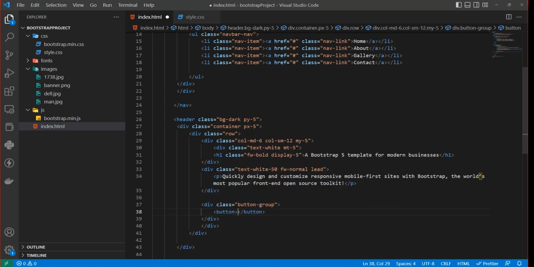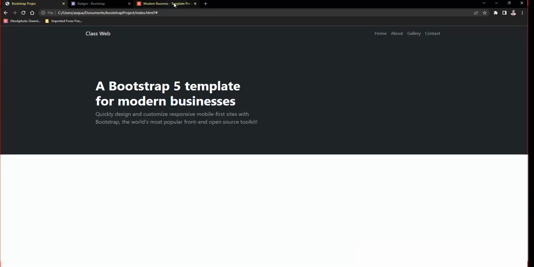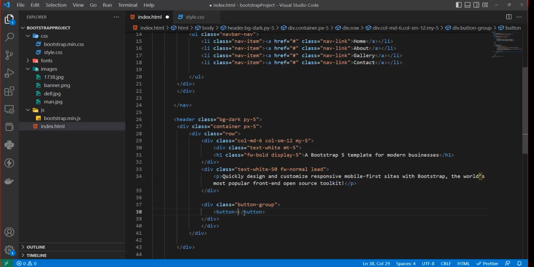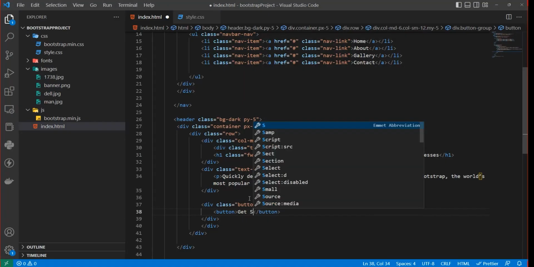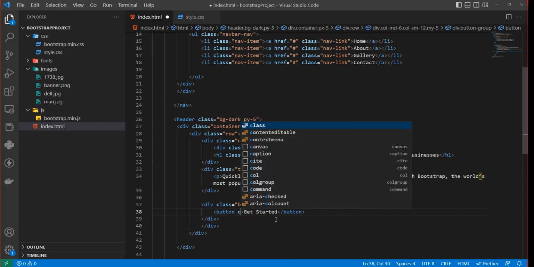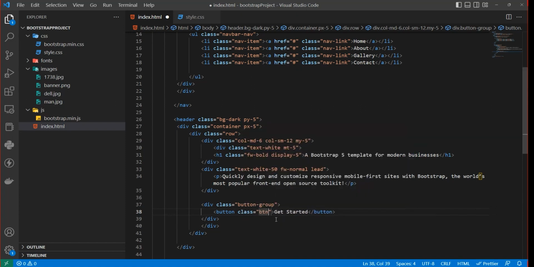What's the first button? Get started, and the second one is learn more. That should be btn-primary. So if we come here,